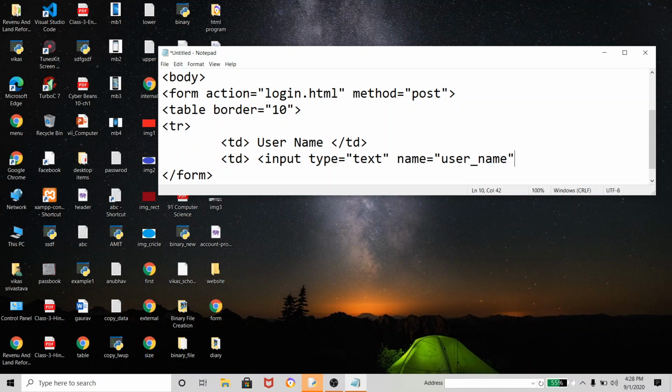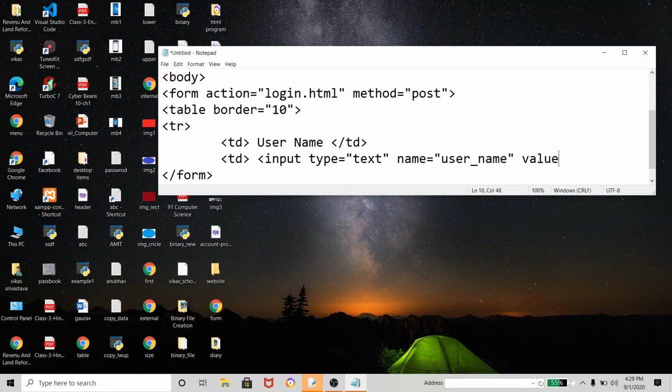If a name is repeated, then the values will create a conflict. Which value is it, then the server will create an error. So that's why you have to keep all the names unique. Here we are giving the label username, so we have to keep the text box name username. And how do we give the name of the text box? By using the name attribute.